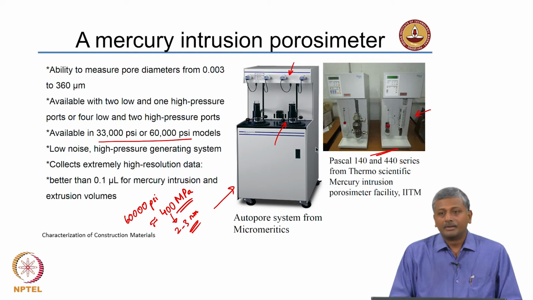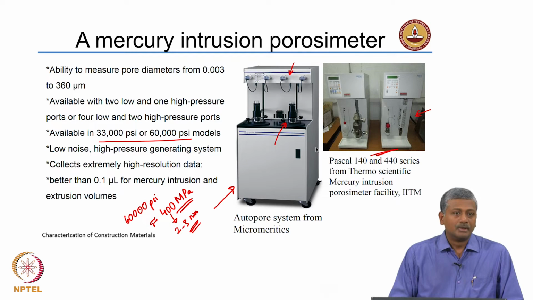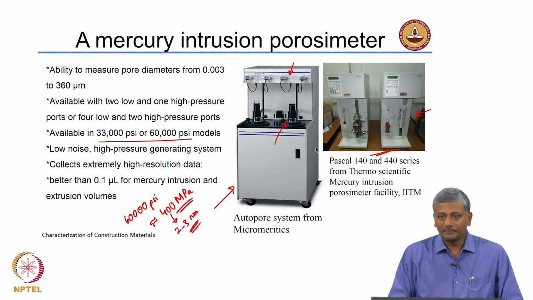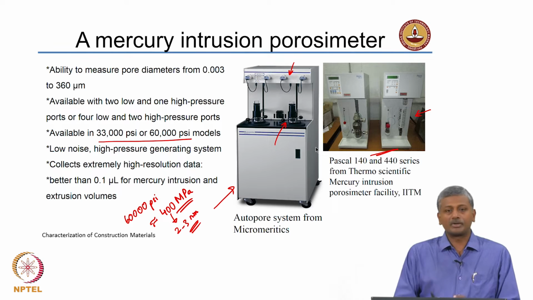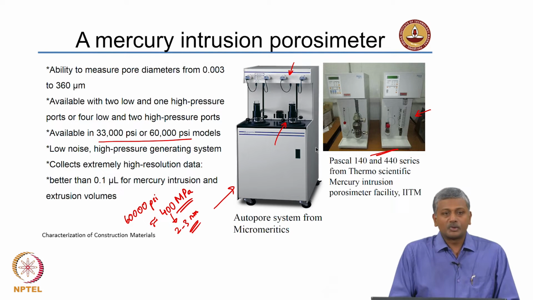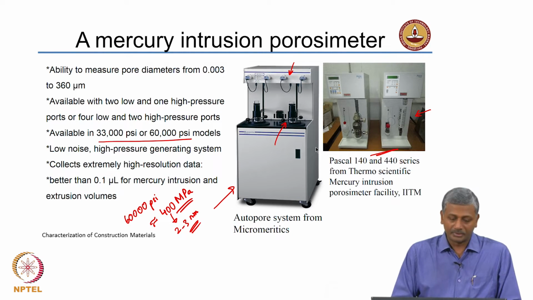Hello everyone. We were talking in the last lecture about what the principle of mercury intrusion porosimetry is. As we discussed, it's a simple fact of pushing a non-wetting fluid into the pores of a porous material, and the higher the pressure that we apply to push this in, the likelier we are to encounter smaller pore diameters. So, with incremental pressures, you are filling smaller and smaller porosities, and that helps you get an estimate of the pore size distribution.